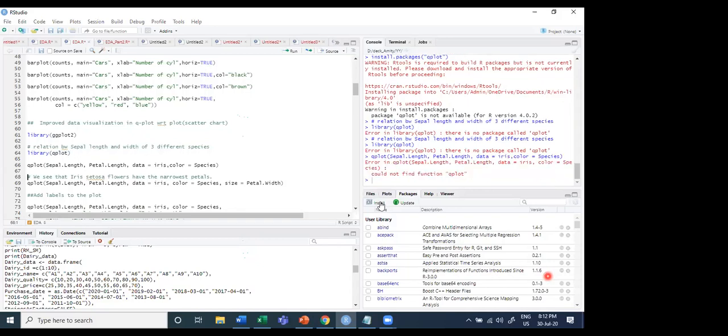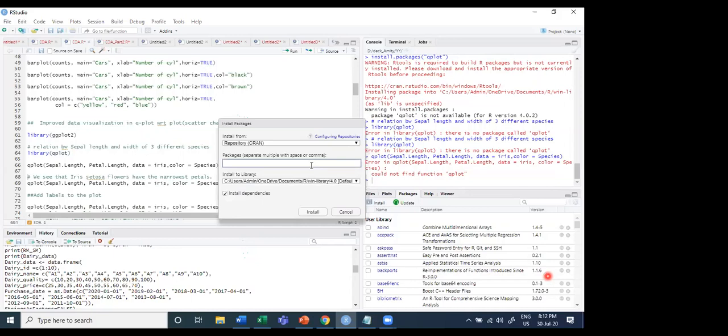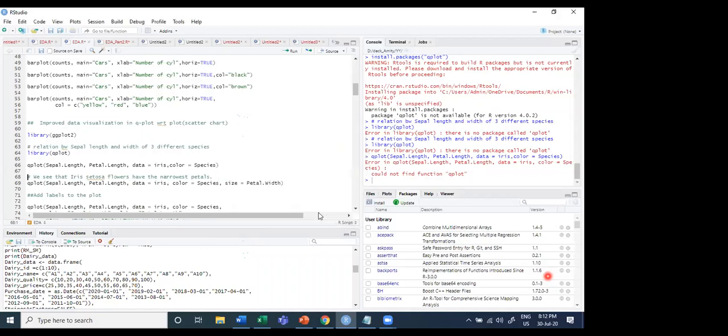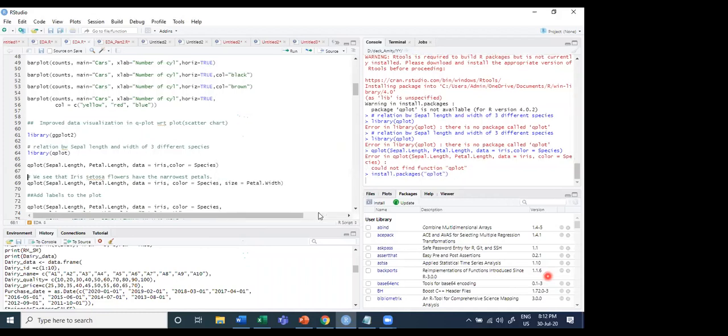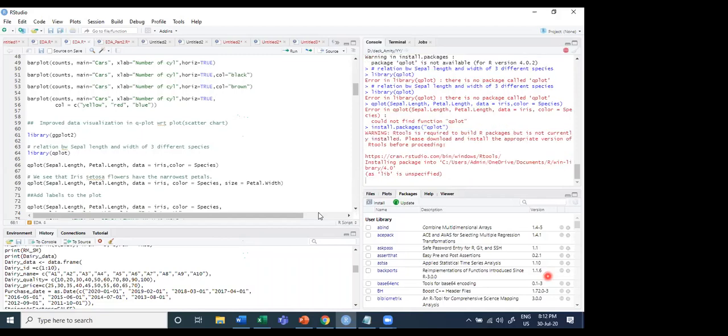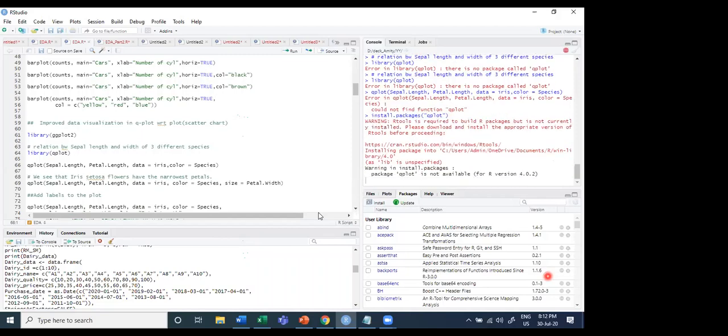So this is a major issue, that if you do not use qplot, okay, this plot is not available. Let me check how we can rectify.